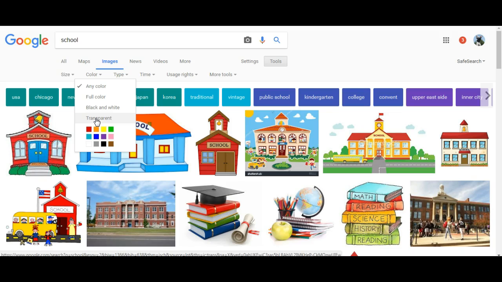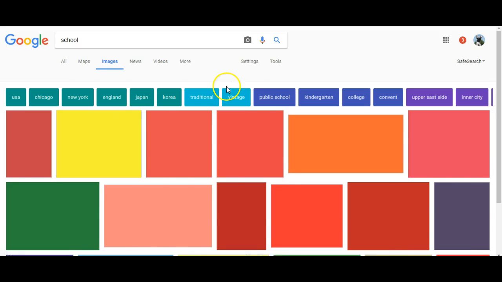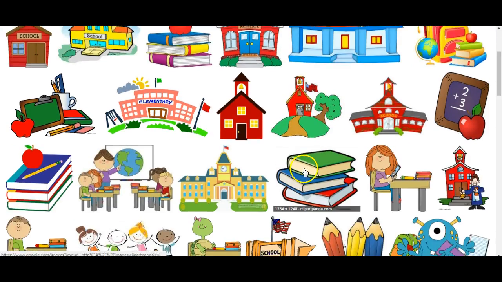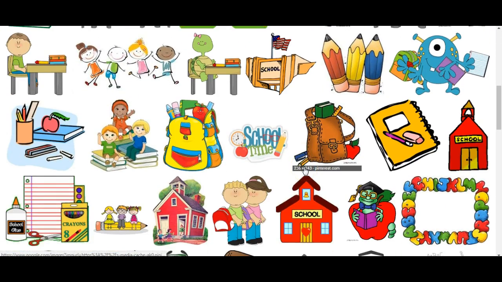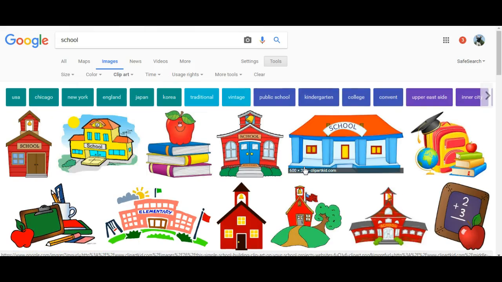And in my blog post, I show you the difference between a JPEG and a PNG. At PNG, a lot of times those GIFs will have transparent backgrounds as well. So right now I'm just going to simply say any color, but the type, I'm going to want clip art images. So I want schools that are just clip art. I don't want any photographs. So now when I go to clip art, it just brings me clip art images, especially from an elementary standpoint. These might be the images that I'm looking for. So it's really refined